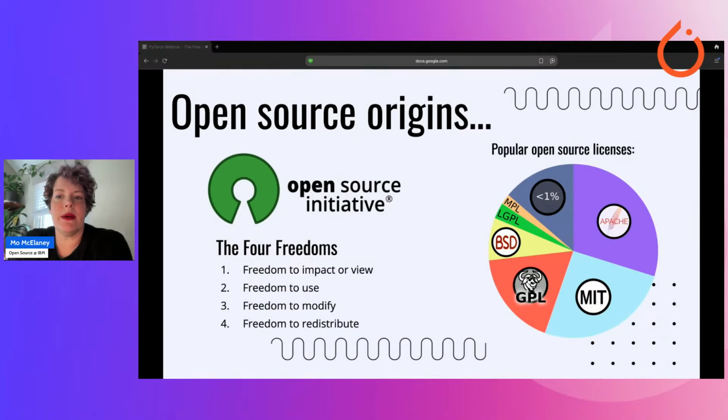So let's talk a little bit about the early days of open source because this really impacts how we define open source AI. In the early days of open source, there were a lot of debates about what constituted an open source project. There was a clash between the Free Software Foundation, who developed the GNU General Public License. They wanted everything to be accessible and distributed using copyleft licenses that forced people to say that if you are using our code, then you have to make your code available too.